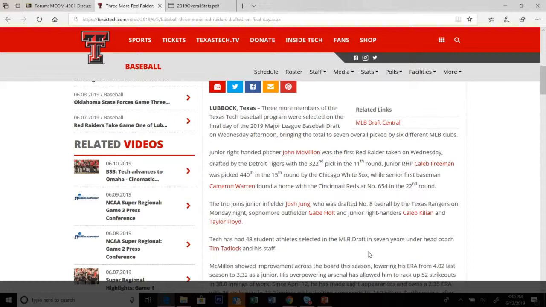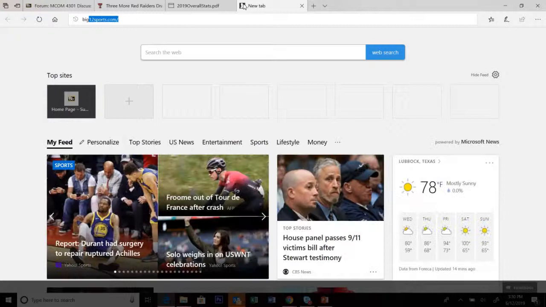So when you're talking about the team and you're talking about Coach Tadlock, you'd say how he develops players to go on to do other things. So already you've got a couple of points there about the program. One of the things that you know is that Texas Tech plays in the Big 12. So you want to go to Big 12 sports,